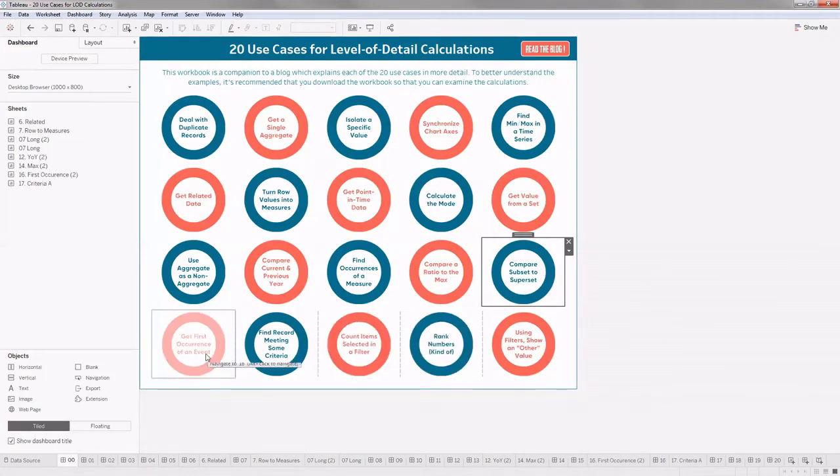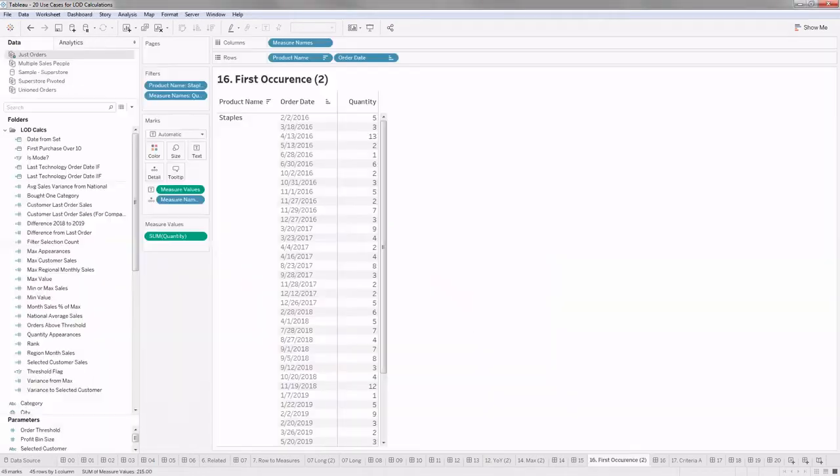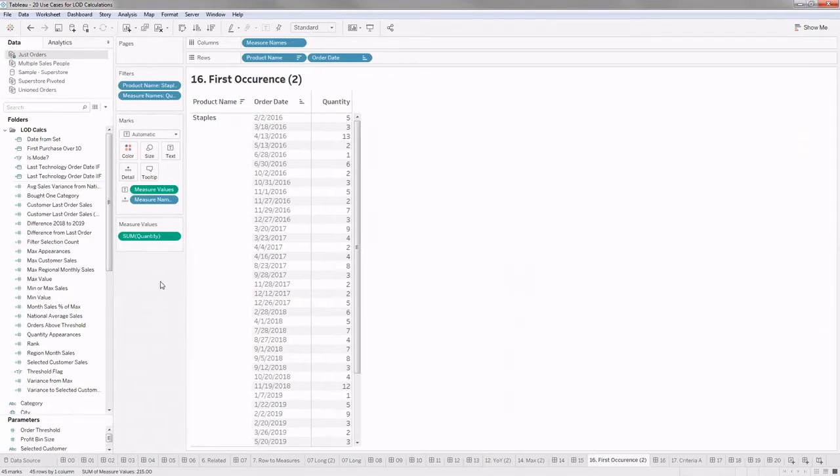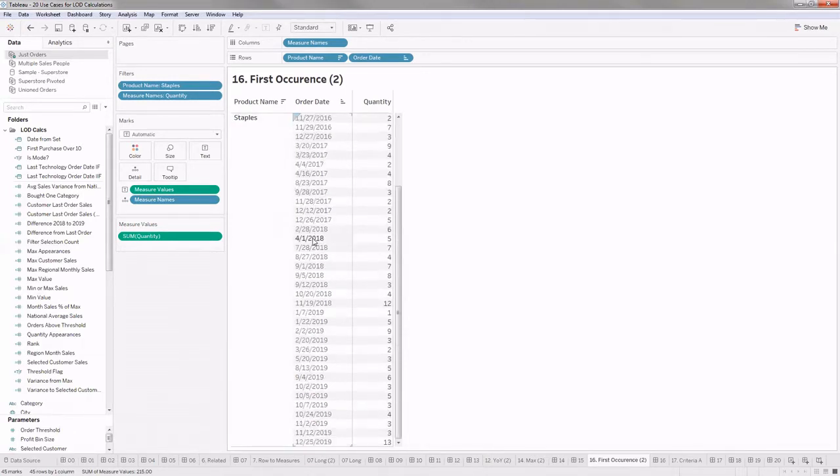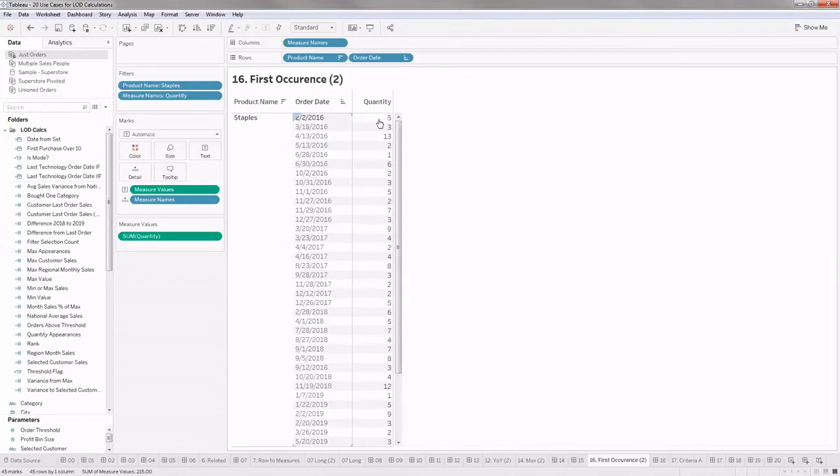Yeah, this is an interesting one. Let me just try to explain the case here. I have a product, staples, and all the different dates where this particular product has been ordered, and for each day how many quantity of that product has been ordered.